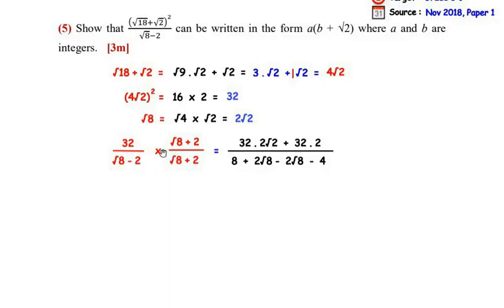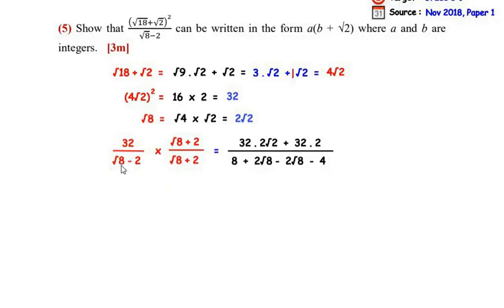And now we have rationalized the denominator, giving us (square root of 8 plus 2) divided by (square root of 8 plus 2). Now multiplying the numerators, we get 32 times square root of 8, giving us 32 times. Now in place of square root of 8, we have written 2 times root 2, plus 32 multiplies with 2 divided by, now multiplying the denominator terms, we get root 8 times root 8 as